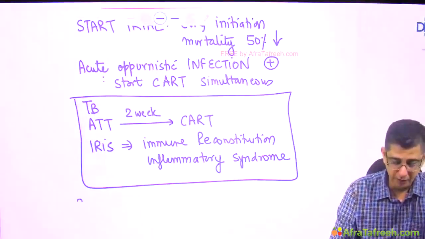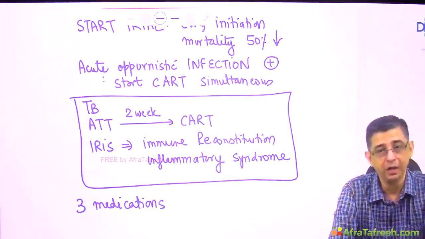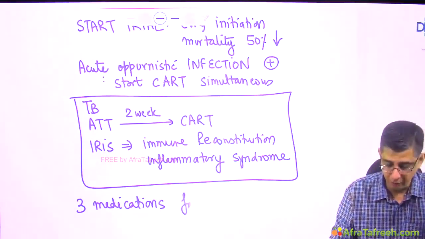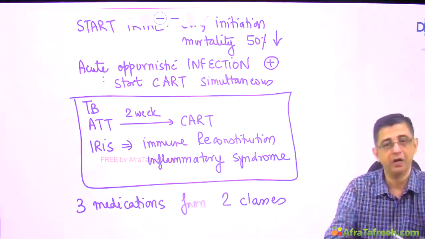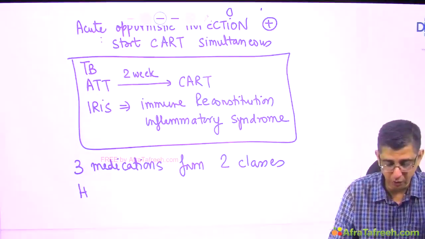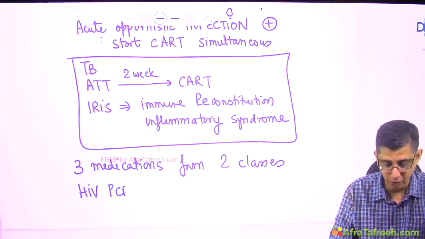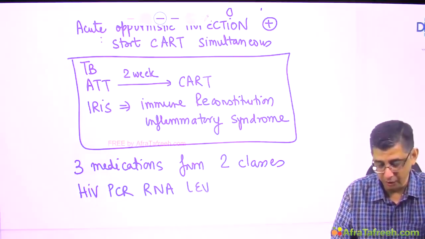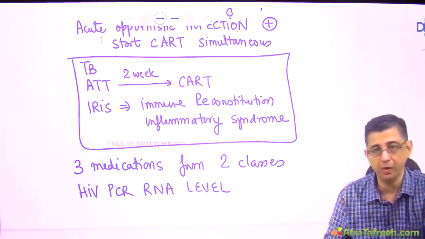Now for the guidelines, there are recommendations that at least 3 medications should be given simultaneously to patients who are having AIDS, which should be from 2 classes, and I'll be explaining these classes of drugs to you in my subsequent slides. And before you initiate treatment, 2 things are must know from the physician's perspective. One, you need to know the viral load in the patient, that you will check for HIV PCR RNA, and